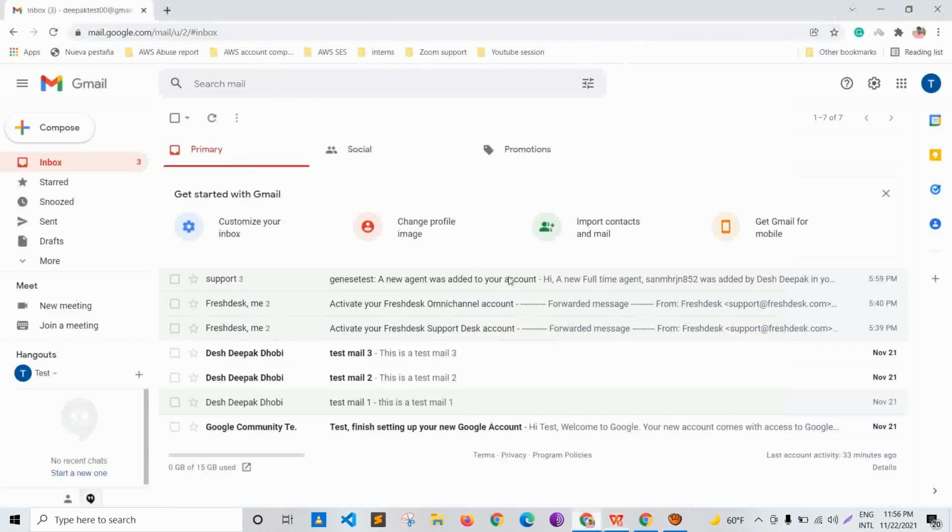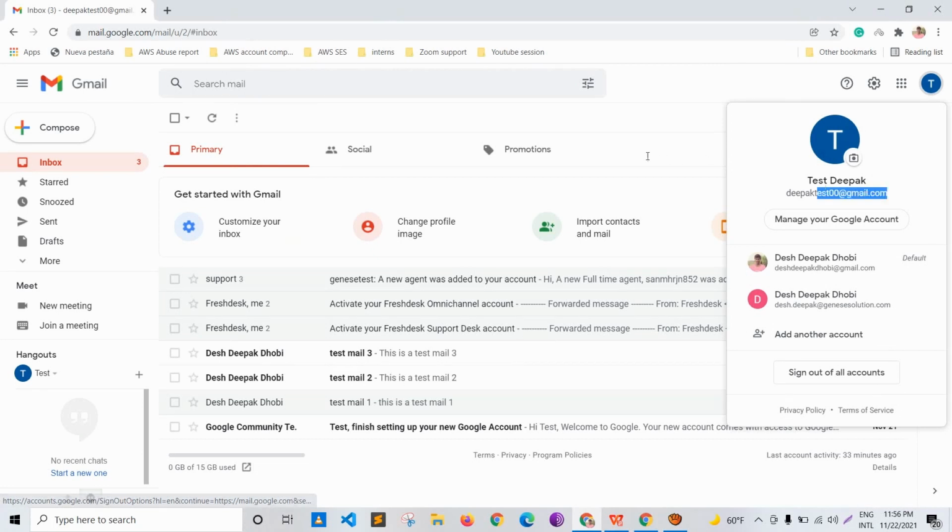As you can see, we are using a free version of Gmail, deepaktest00@gmail.com, and gmail.com is a domain that is not under our control; it is controlled by Google. So creating a similar username would not be possible at our end. There can be other domains such as onecloudhelper.com or example.com or anything else. We can create a user based on that domain, and we can migrate the emails inside this free Gmail user to those users. We'll look further into that.